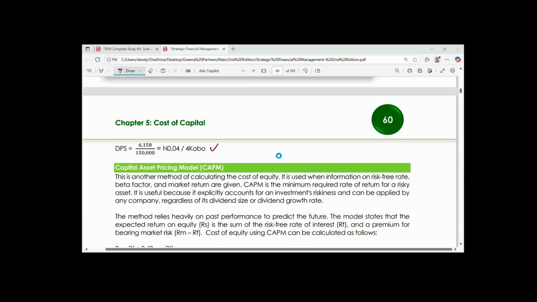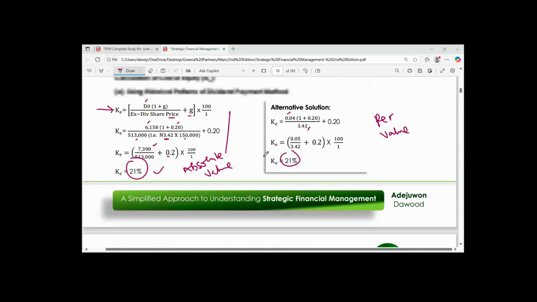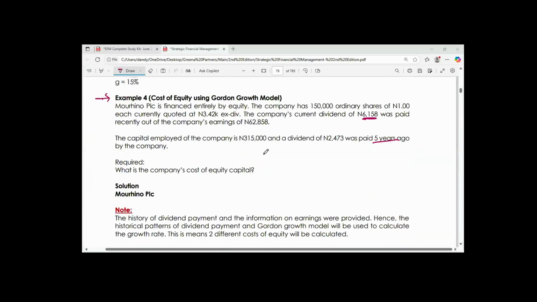Let me stop sharing this so that I can quickly share with you. I believe you can see my screen now, right? Yeah, I can. Okay, so this is the question here. Thank you. I've captured it. It's okay then. Thank you, sir. Yes, you're welcome.